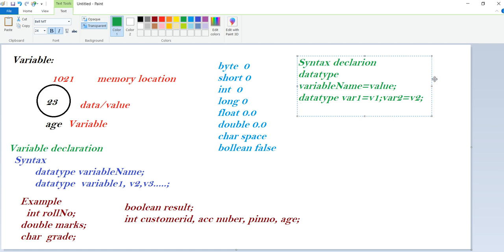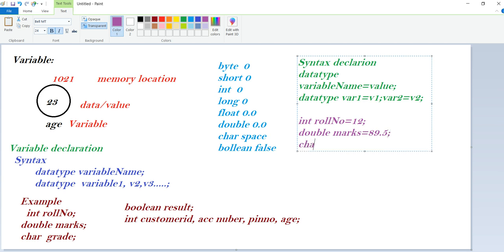Then for this we can see one more simple example. If it is an integer, int roll number equal to 2012, whatever it is. Then if it is a double, marks equal to 89.5.